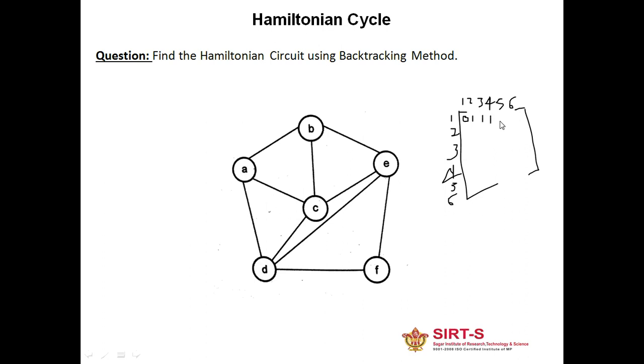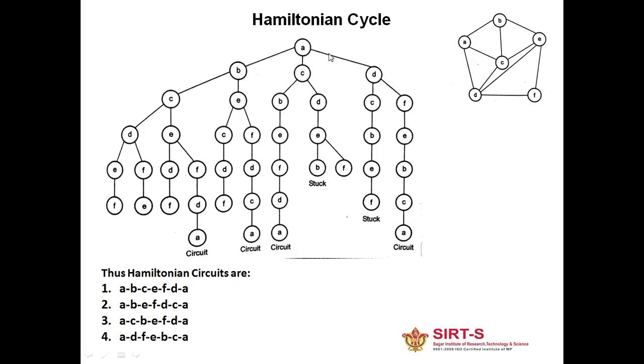So you can make these matrices. By seeing this matrix, you can easily come to know whether there is a dedicated path or not, or whether the vertices are adjacent to that vertex or not. Once you have this adjacency matrix, it is very easy to implement this graph concept, that is the Hamiltonian graph or Hamiltonian cycle. Let's see an example of how we are going to make a state space tree diagram for this one. We'll have to take care of adjacent nodes. So this is the Hamiltonian cycle.